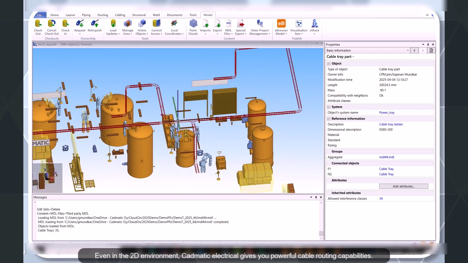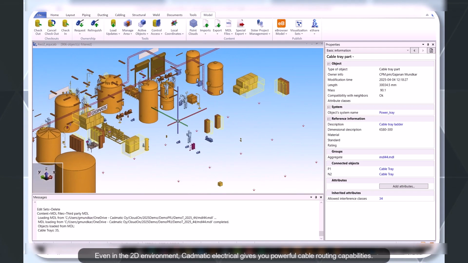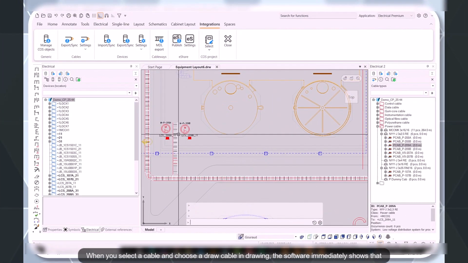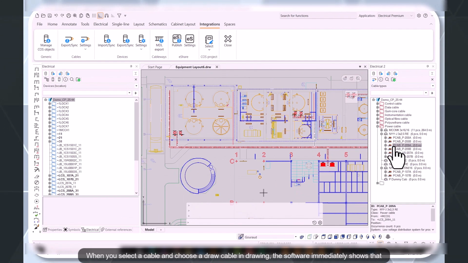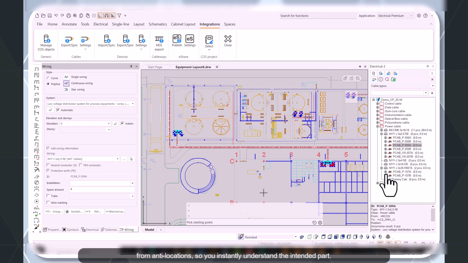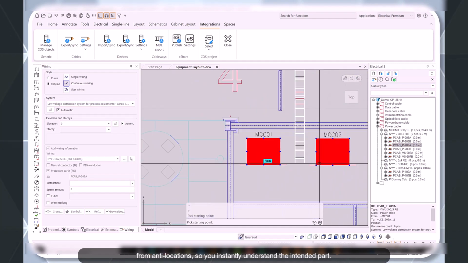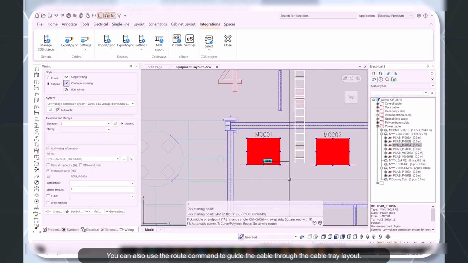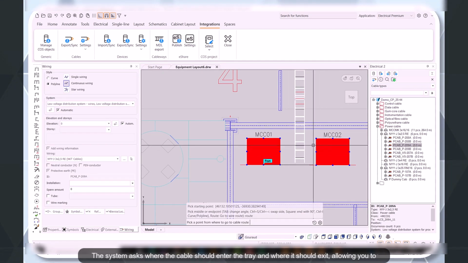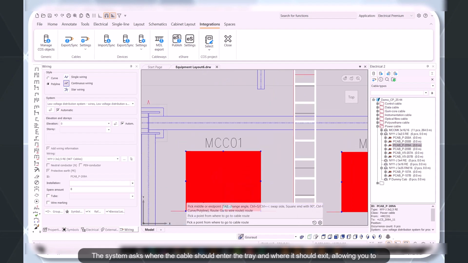Even in the 2D environment, Cadmatic Electrical gives you powerful cable routing capabilities. When you select a cable and choose draw cable in drawing, the software immediately shows the from and to locations, so you instantly understand the intended path. You can also use the route command to guide the cable through the cable tray layout. The system asks where the cable should enter the tray and where it should exit, allowing you to control the